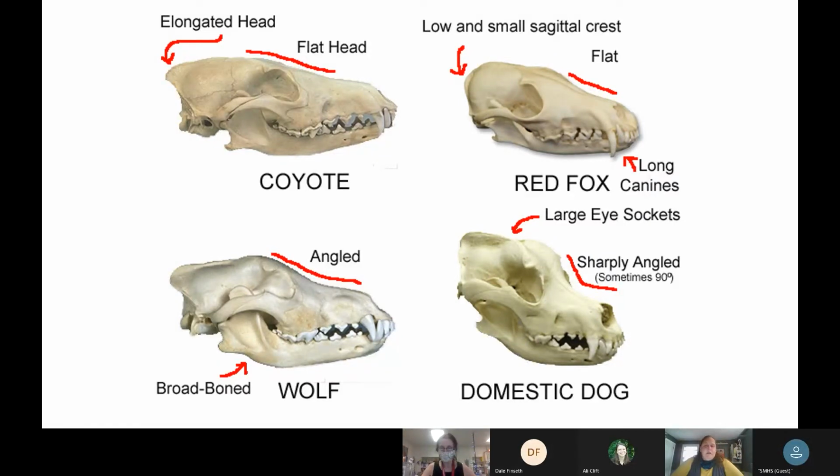And then I thought this was a good slide to just look and compare similar species. So we have the coyote, we have the red fox. Here in Maine, we also have the gray fox, which the skull is very similar to the red fox. We have the wolf skull and a domestic dog, and